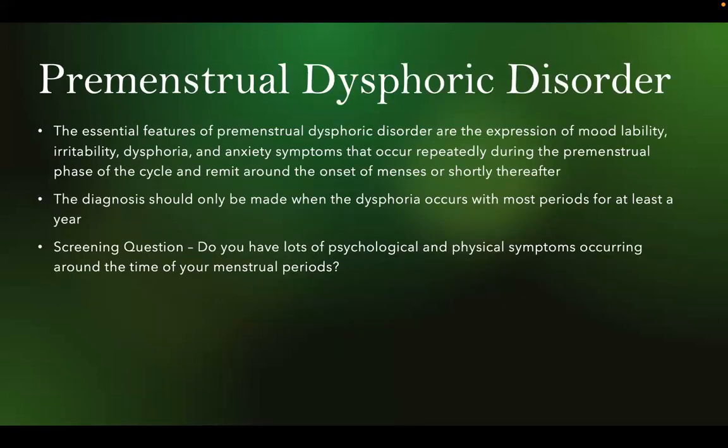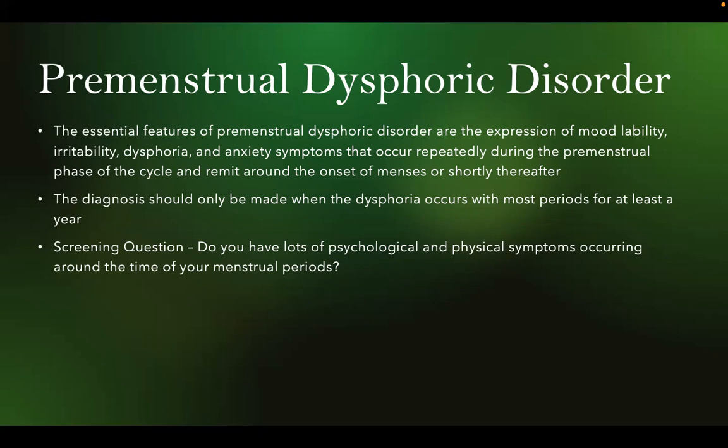Then there is premenstrual dysphoric disorder. So this was added to the DSM-5. I don't believe that this existed in the DSM-4 text revised. So this is for individuals with uteruses. So please make sure that you are screening for this, because I think it said something in here about women. So just please don't overlook trans men with this, or individuals who are non-binary who have a uterus. So it's about having a uterus and having a menstrual cycle.